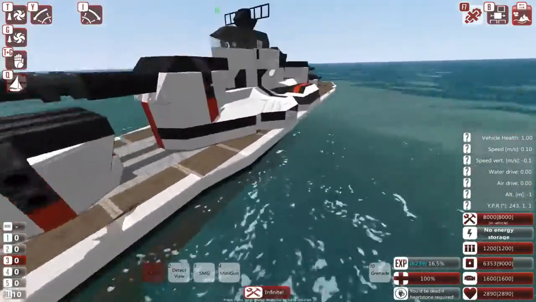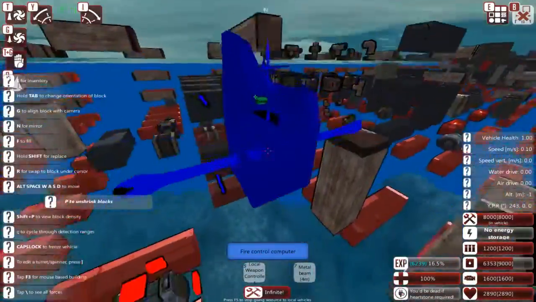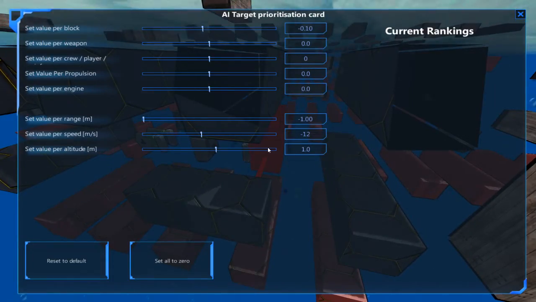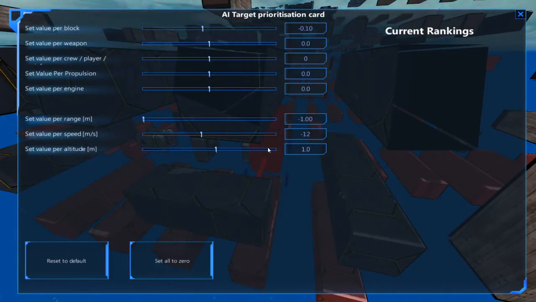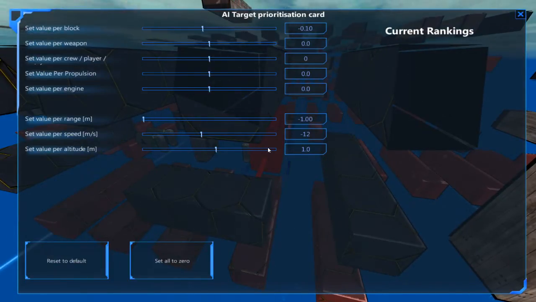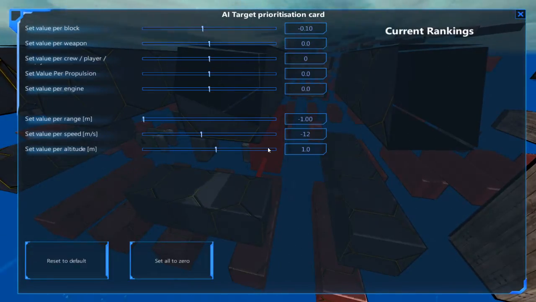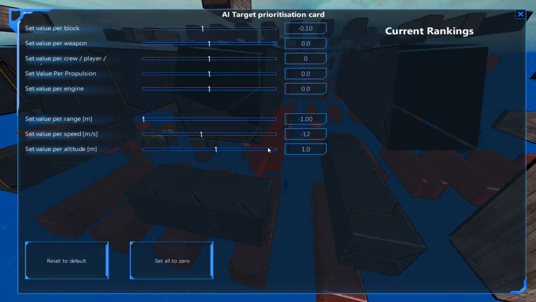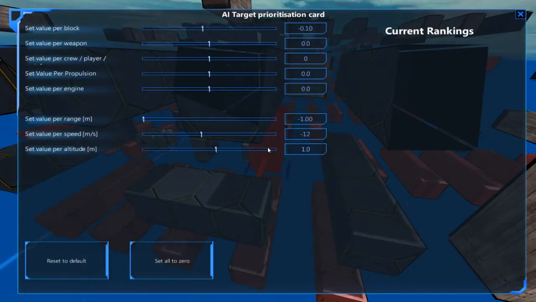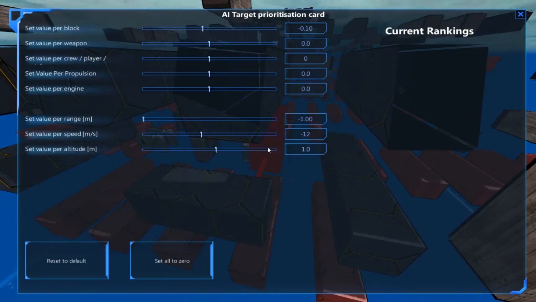One final thing, Ferram also mentioned the target prioritization setup. So if I go over here, most people seem to leave these on the default settings, but Ferram has customized these into what he kind of refers to as a bully setting. We see that we've got a negative modifier on blocks, which means that these ships are going to be targeting enemies that have few blocks that are small. Range also has a negative setting. Close things get targeted. Speed is negative, so